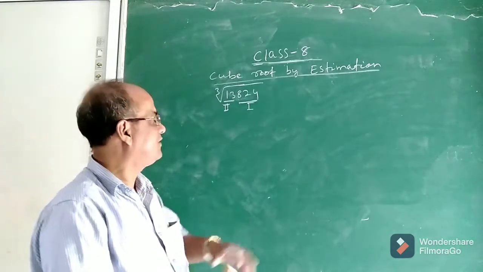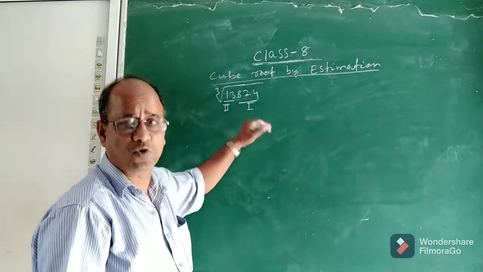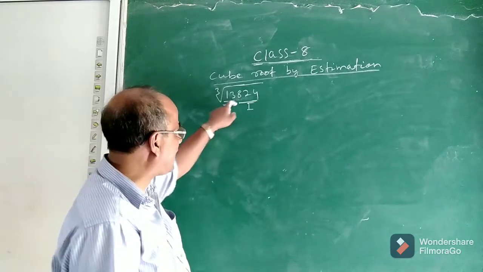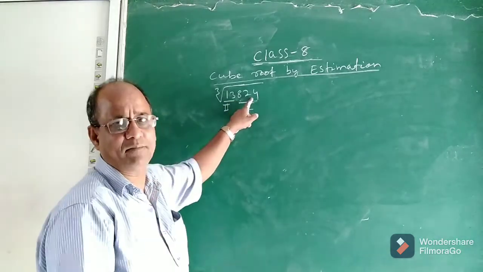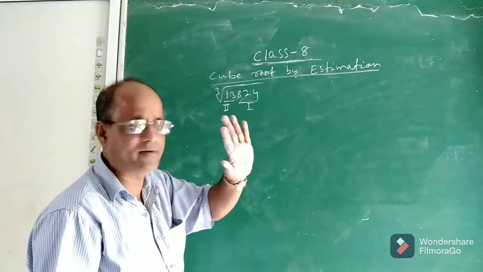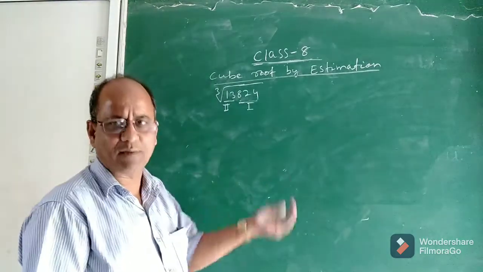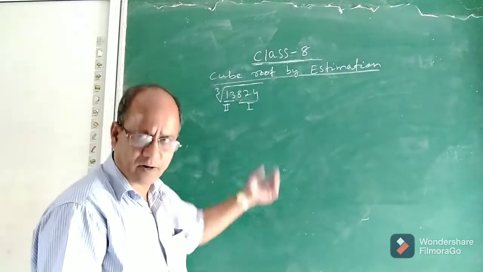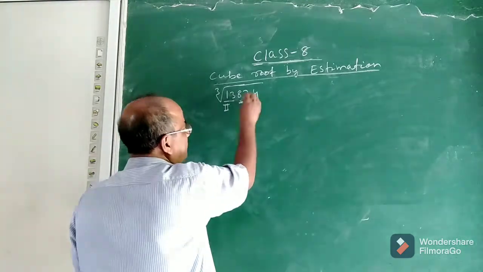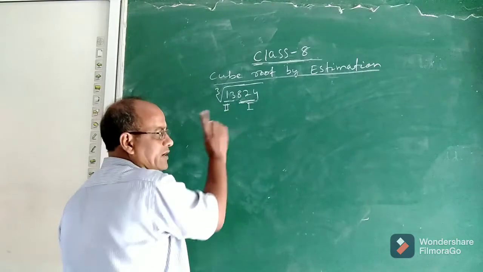So the first step to find cube root by estimation is to form groups. And to form groups, we follow the procedure from the right: we take 3 digits and make one group. In this number, there are 5 digits, so I could form only 2 groups. Had there been 7 or 8 digits, it would be possible to form more groups. So first you form groups from the right. The first 3 places will be group 1, then the next 2 digits which are left will be group 2. This is the first step.